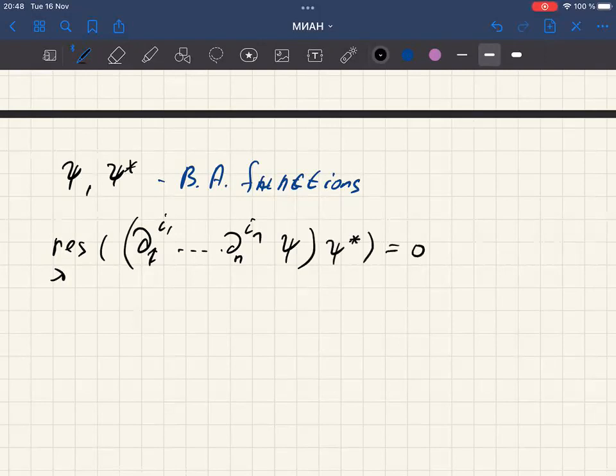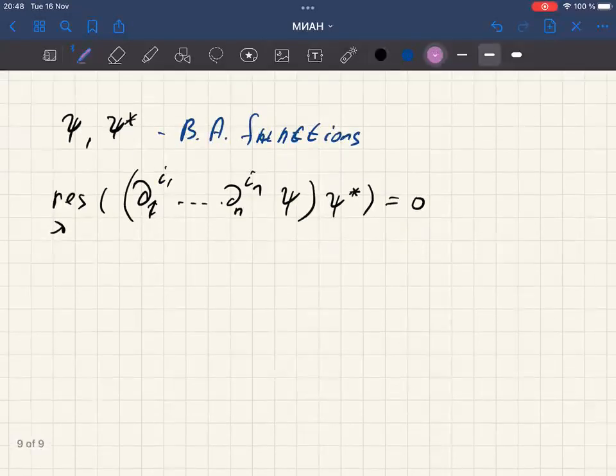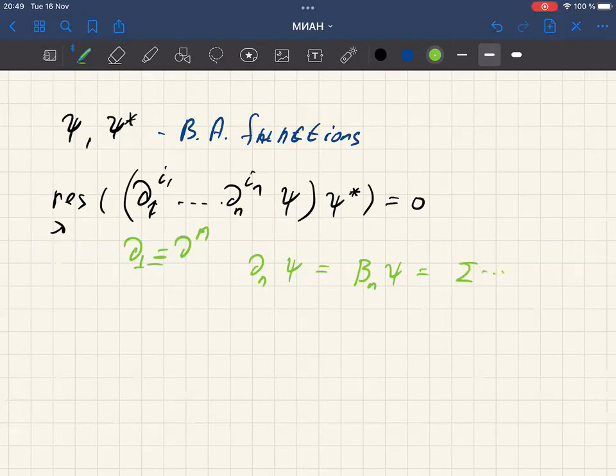Now, it is clear that it is sufficient to prove it only for d1, which is just d, to some power n. Because since psi is a Baker-Akhiezer function, then dn psi is equal to bn psi, which could be viewed as with some coefficients